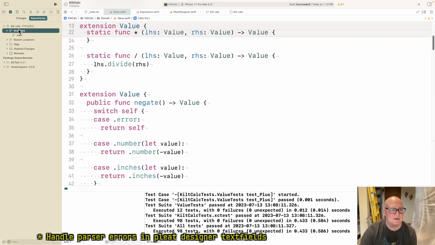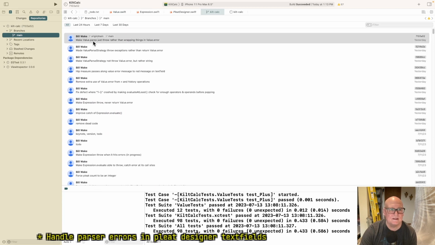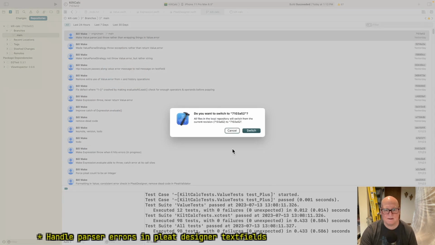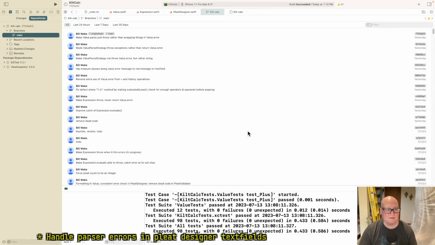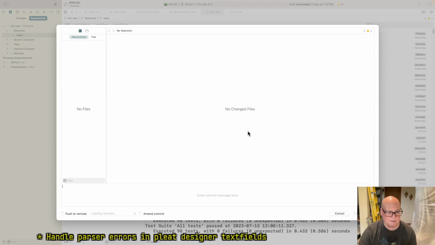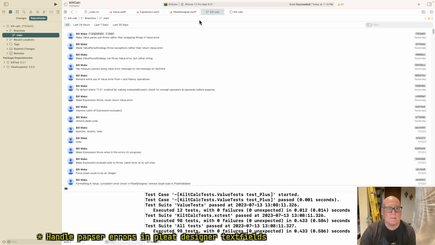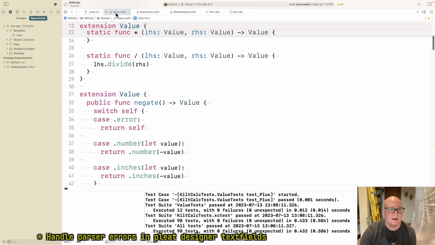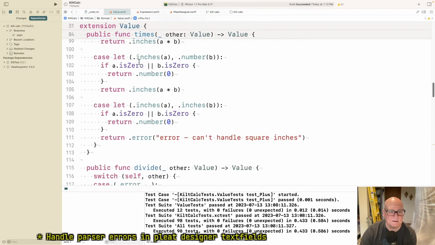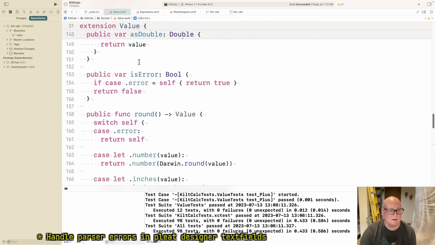All right, let's make sure I'm on main. Okay, no changed files. So value, we made parse able to throw.